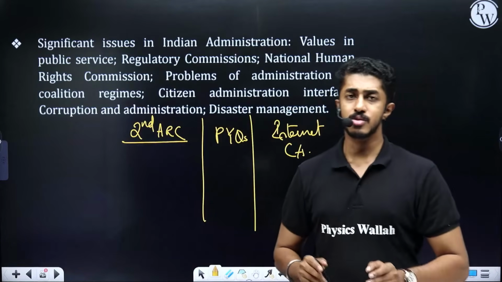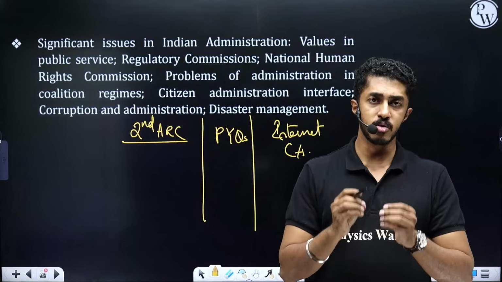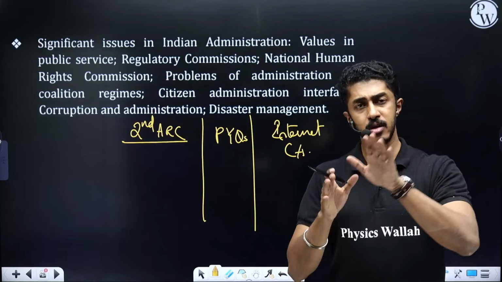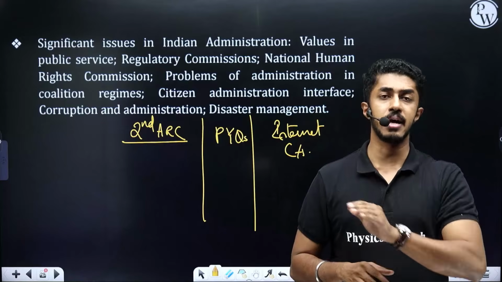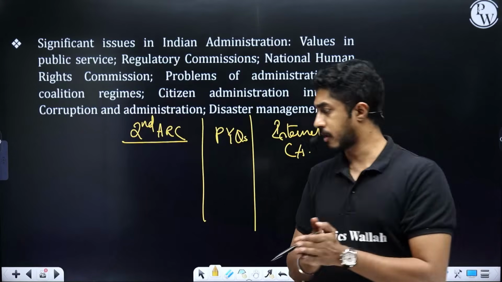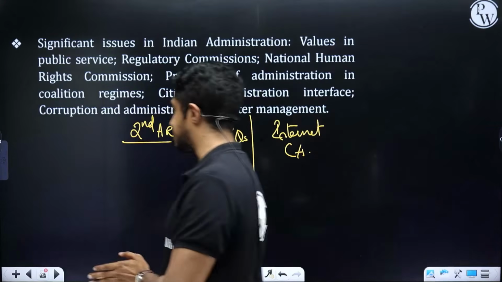Clear, people? If you ask me to put it in a nutshell, for paper 1 you have proper textbooks. But when it comes to paper 2, it is largely current affairs application. All right. The mistake that most students make is